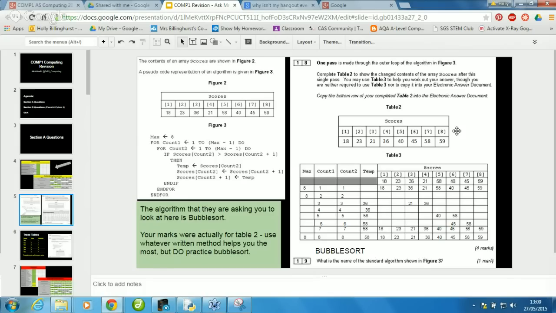So all of you that managed to put this into completely sorted order didn't actually get it correct. What they're asking for there is how many, where would this go if we just do a single pass? So remember what we're looking for here. You've got a for loop within a for loop, so you've got nested statements, and actually what they're looking at